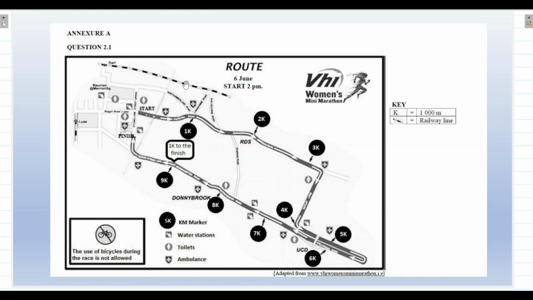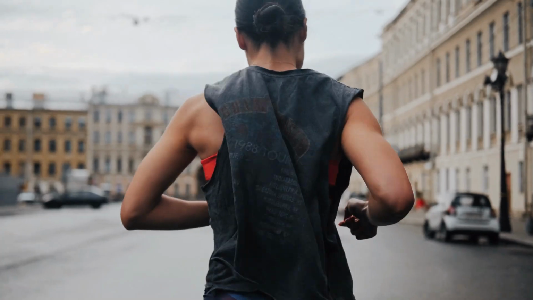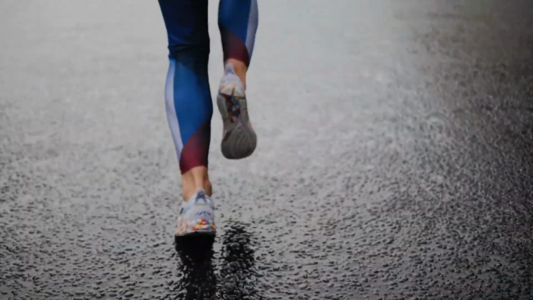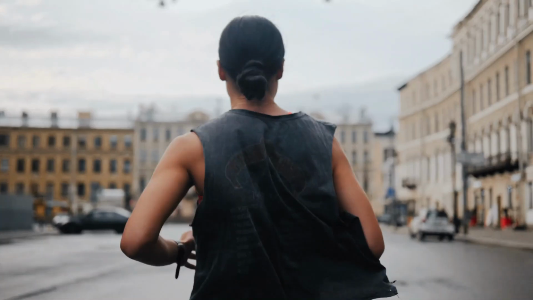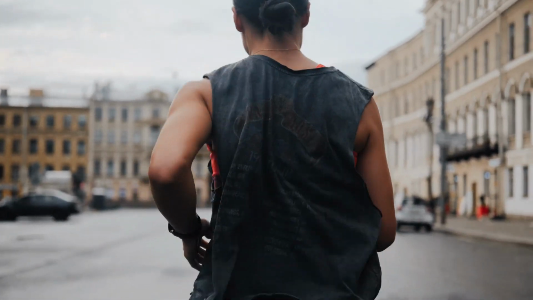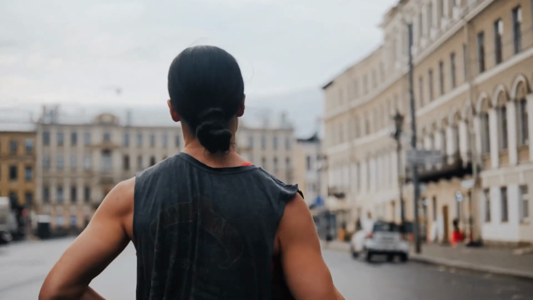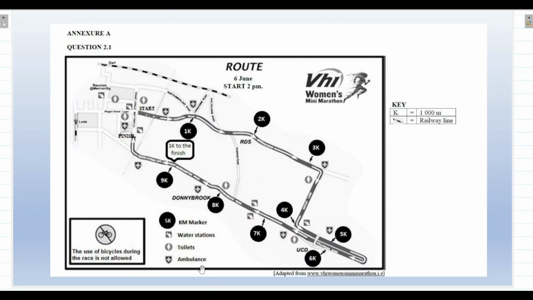this map. Okay, so we are basically given a map that shows a route that was taken by women for the V Women's Mini Marathon. So this is obviously a map that shows the route that the ladies that took part in this marathon took, right? And then we see that in this map that is given to us, we are given a key here, right? So here we are given a key. Actually, let me just highlight that. We are given a key, right, that basically tells us that those black dots here basically represent the kilometers that